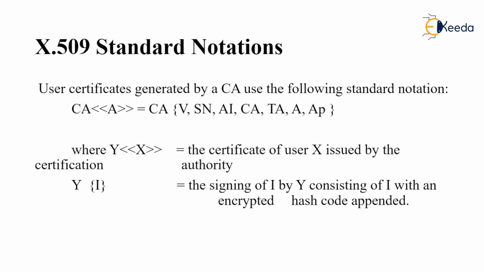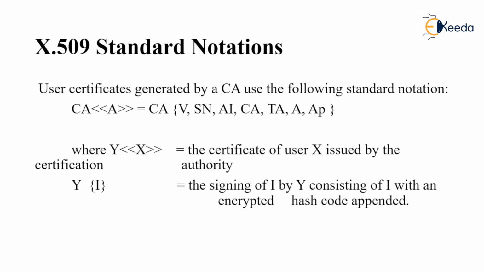This is the standard notations. User certificates generated by CA use the following standard notations. That means the certificate authority has to follow some standard protocols to properly assign a certificate to a particular user. That is, a certificate, if it is issued, should contain the certificate version number, serial number, CA, A, and so on. Where Y<<X>> is nothing but the certificate of user X issued by the certificate authority